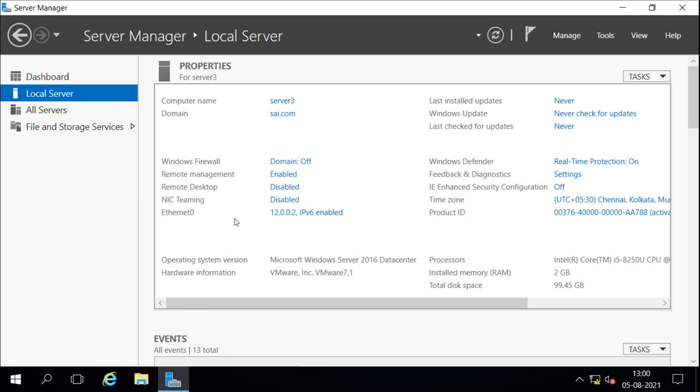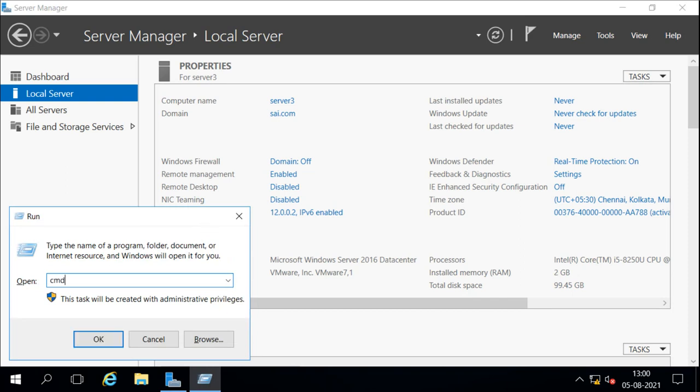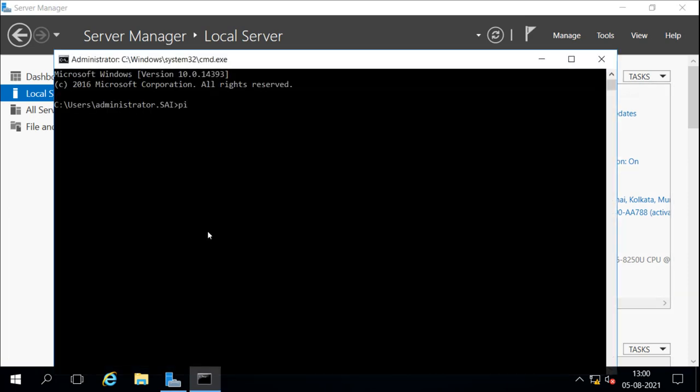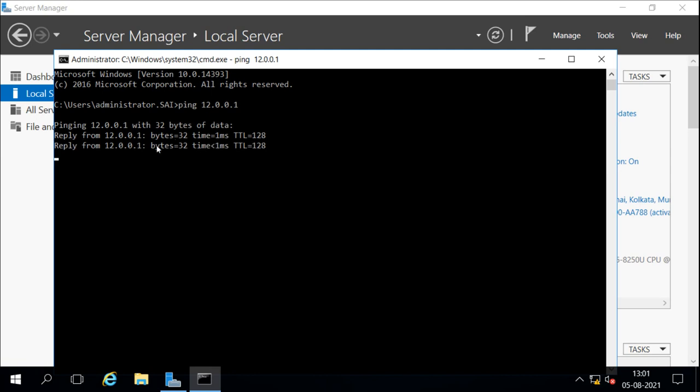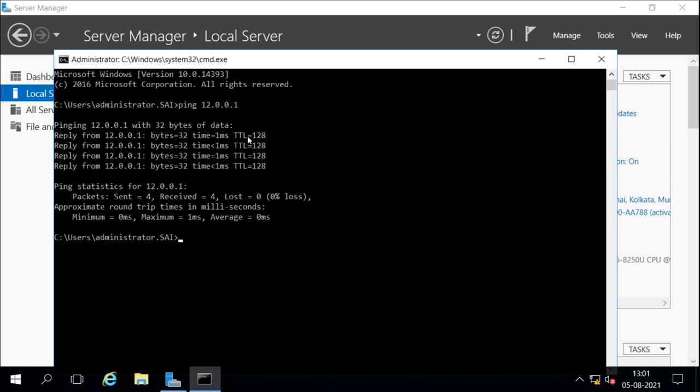Now I will open the CMD here and check the connectivity to our server 2. Server 2's IP address is 12.0.0.1, so it connects to server 2 from this server 3.